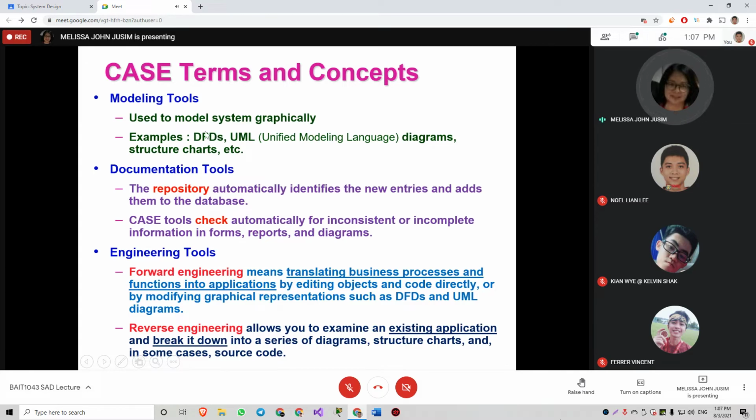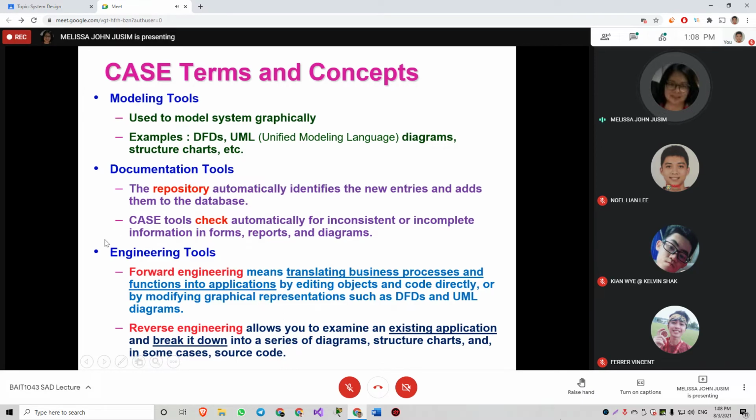You just imagine like your DFD, right? Remember how I checked your DFD last week? I want to see whether each of your processes has at least a minimum of one input data flow and a minimum of one output data flow. And then I ask you all, is there any black hole, miracle? How about gray hole? Okay, so CASE tools will really improve the productivity of SA because of this. Okay, it's automated for us.